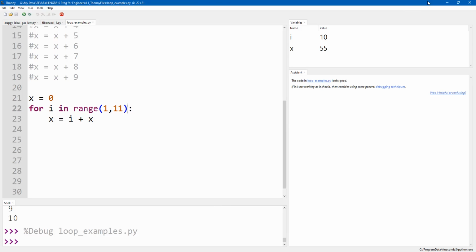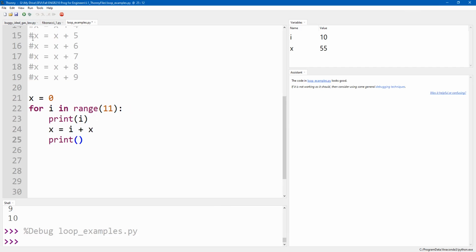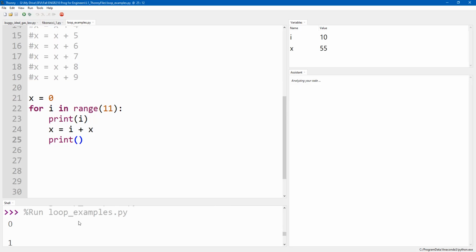So if you were to include 0 at the very beginning, you just type 11. I don't understand what it means. Yep. So if I do that here, I'll print the value of I each time around. I'll just put a gap between each thing. Fun fact, if you just put print with empty quotes, it'll just print an empty line. So I'm printing the value of I each time around. Starts at 0, goes up through 10. And that's with the command range 11. So it's ending at the same place, but it started at 0.